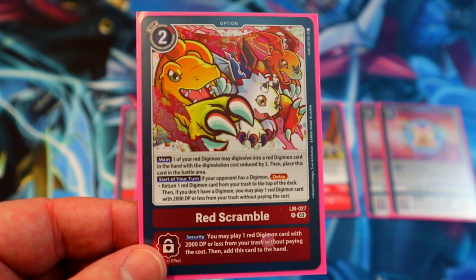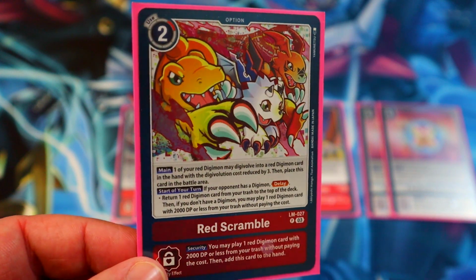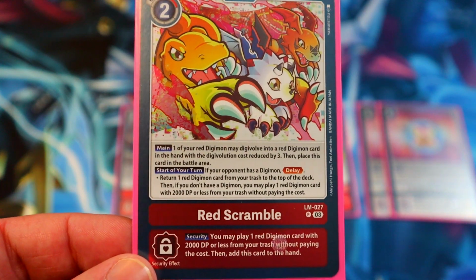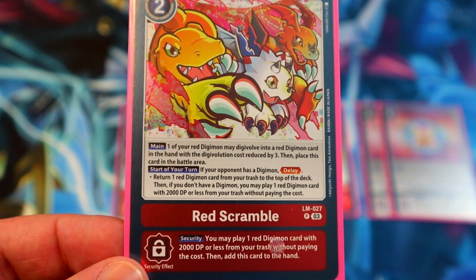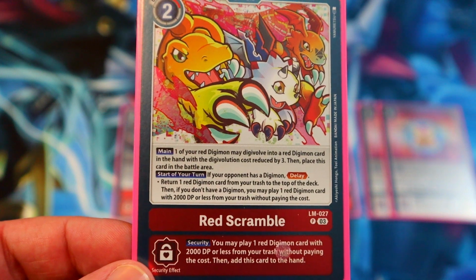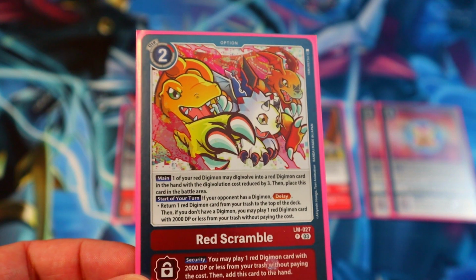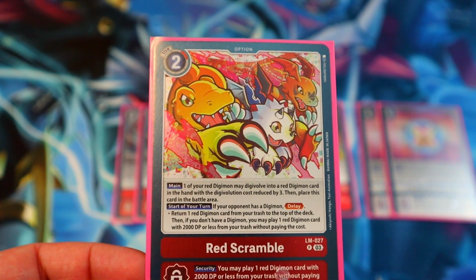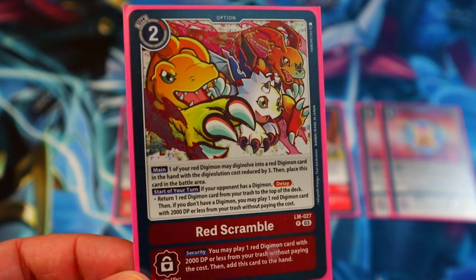And then last but not least, just 1 red Scramble. Again, I'd love to bring this thing up to at least 2. This thing is actually really, really good in this deck. It's only 2 costs, but its main effect says one of your red Digimon may Digivolve into a red Digimon card in the hand with the Digivolution cost reduced by 3. Then place this card in the battle area. This is great because not only is our Phoenixmon X expensive, also if we want to go into Saberdramon, a 3-cost Digivolution for just a level 4 Digimon is kind of a lot, but this helps a lot